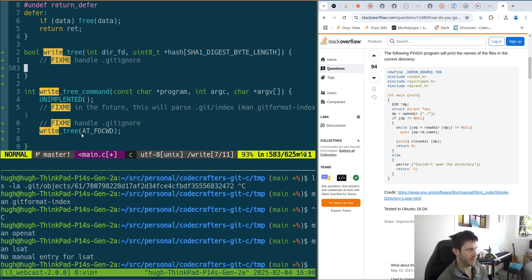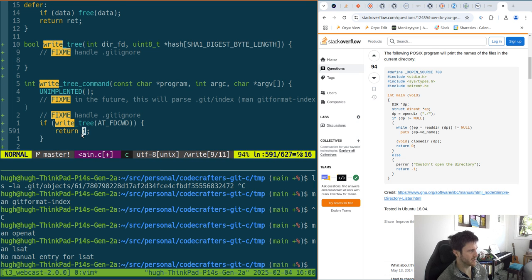And that way we can kind of do an open at and do things like that. Right, so if this thing didn't succeed, we probably want to return 1, and this is